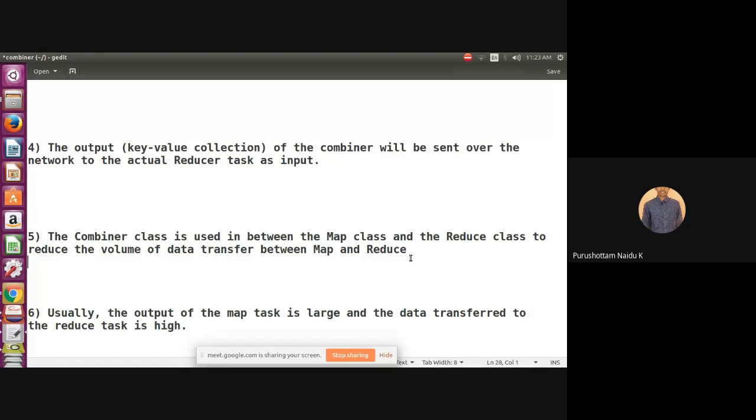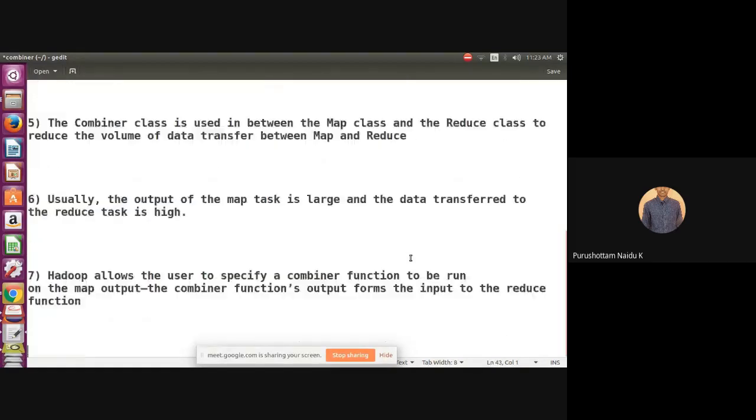Let's remember this point: the combiner is in between mapper and reducer, and its main purpose is to reduce the volume of data transfer between mapper and reducer. Clear? Now let's see how this is useful in the MapReduce workflow.